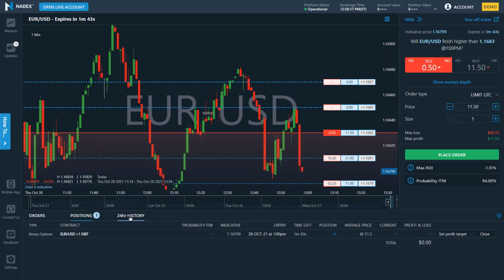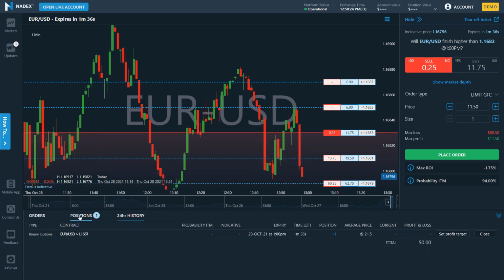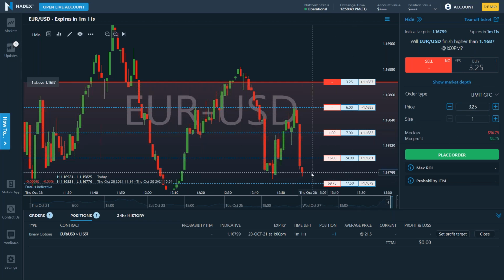While that happened, I actually made $10 on the other contract. That actually took me out. Yay, I made 10, but here it looks like I'm going to lose 20 because I couldn't even sell it. No one's going to want to buy it from me. If I wanted to try to sell it, I could try to get $3.25 back. I don't think anyone's going to buy it from me, but you could try. You never know.